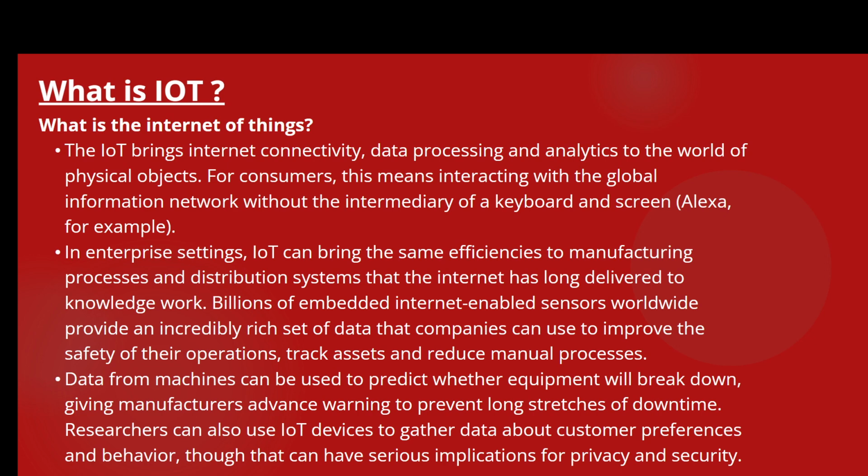delivered knowledge work. Billions of embedded system internet enabled sensors worldwide provide an incredibly rich set of data that companies use and can improve the safety of their operation, track assets, and reduce manual processes. And data from these machines can be used to predict whether the equipment will break down, giving manufacturers advance warnings to prevent long stretches